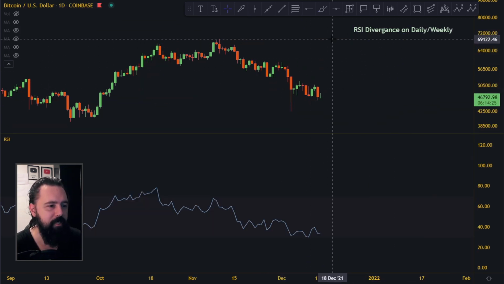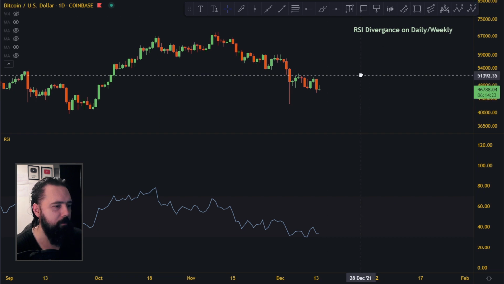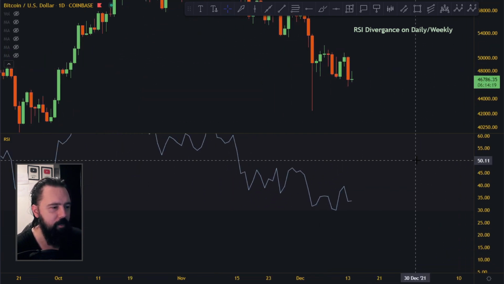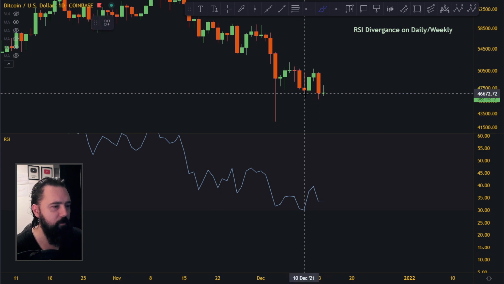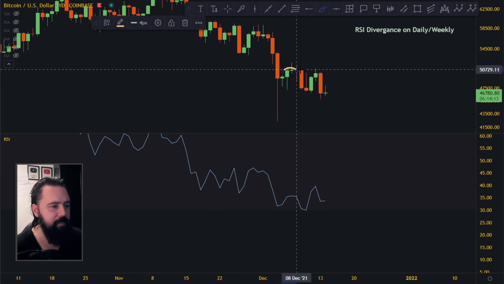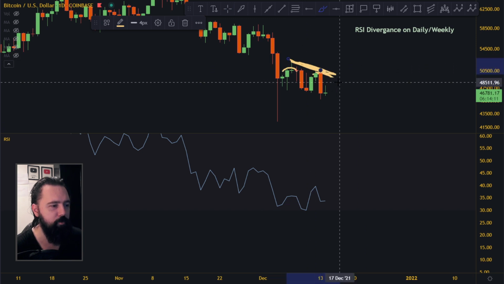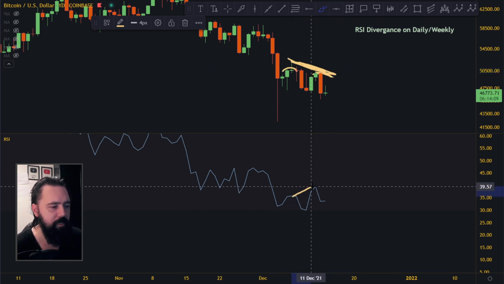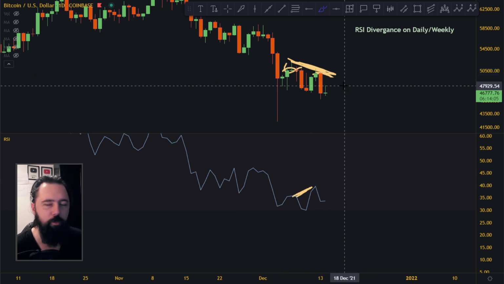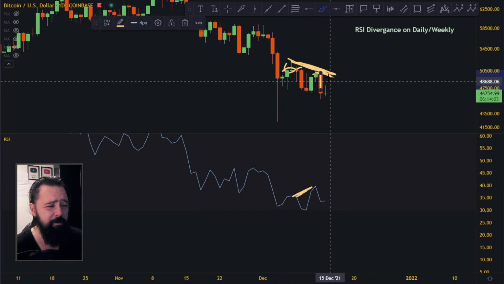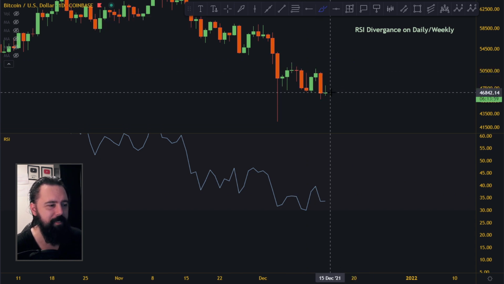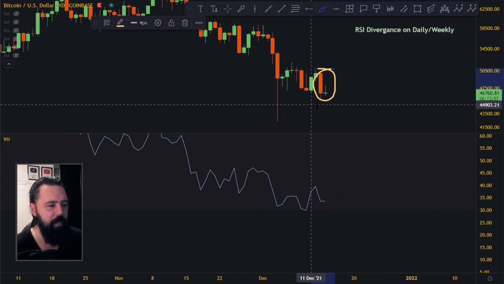Next thing is RSI divergence on the daily and the weekly. I'm going to show you what I'm looking at over here right now. This is the RSI indicator down here. So previously, once we went up here, we created these highs. This is a high, this is some kind of lower high, so the price goes something like this up here, and you'll see that RSI in between these two tops goes towards the upside. This is what we call bearish hidden divergence, and oftentimes you get this move towards the downside. So this move towards the downside was kind of expected, but look what happened down here right now.